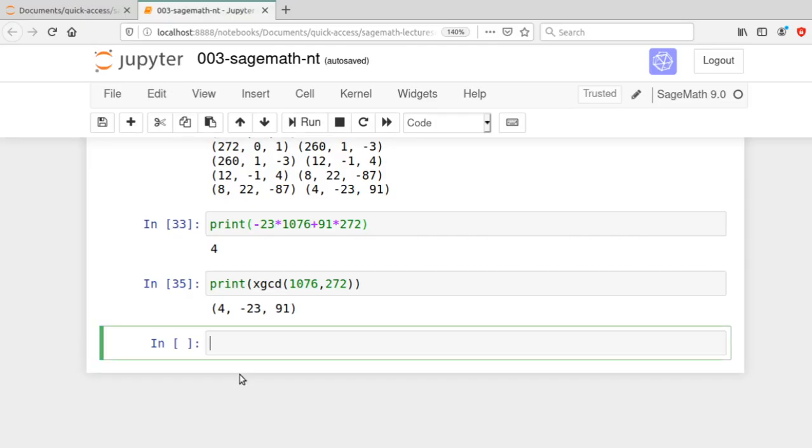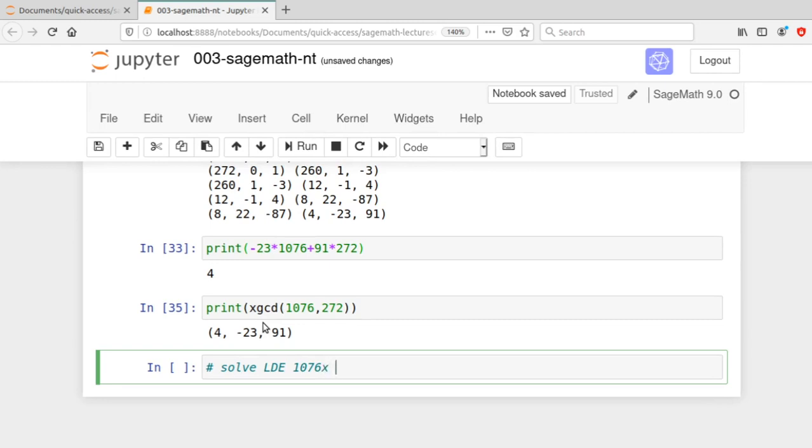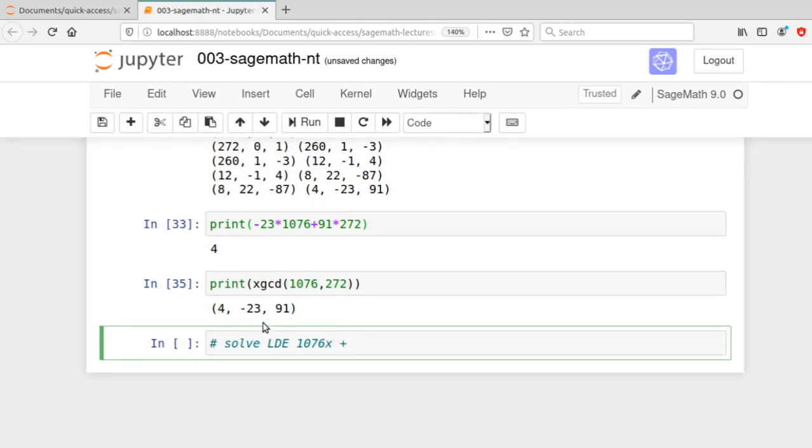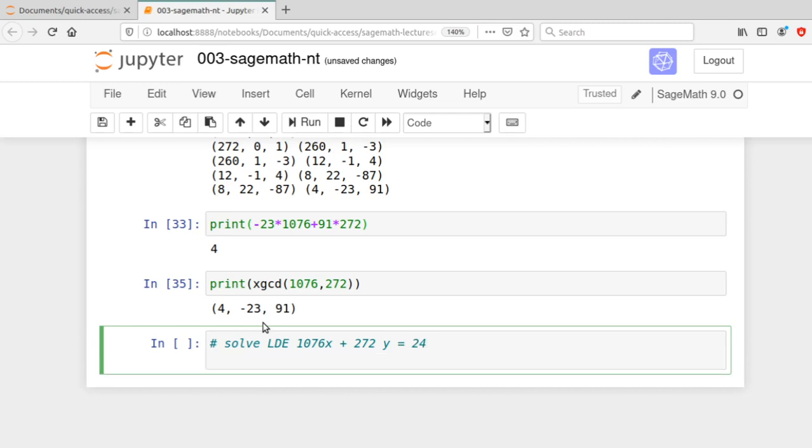Coming back to Sage, suppose the linear Diophantine equation we are going to solve, the LDE, is 1076x plus 272y equal to 24. So the first step is, of course, we have